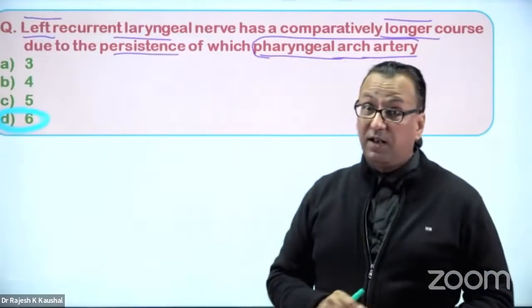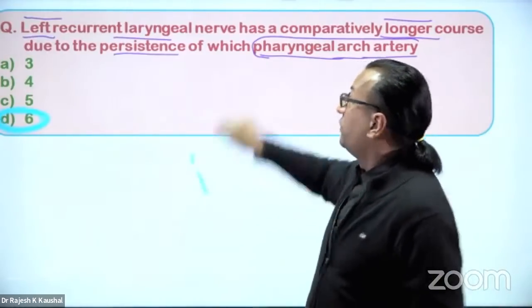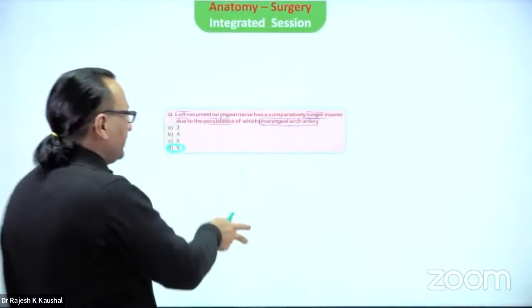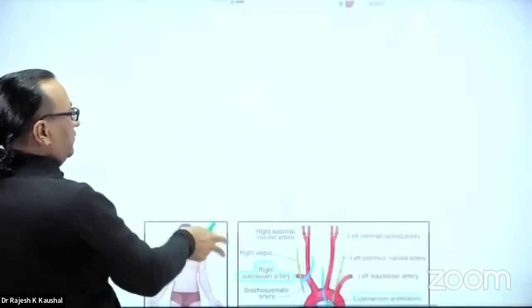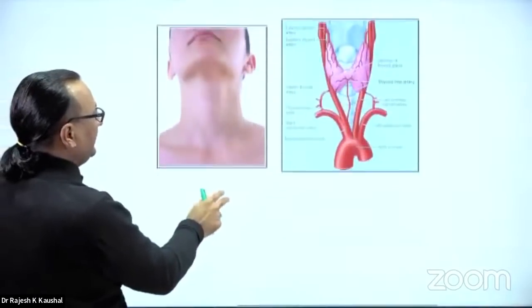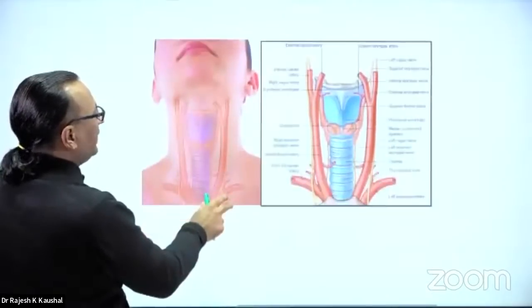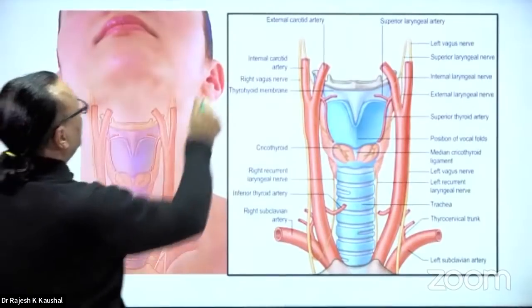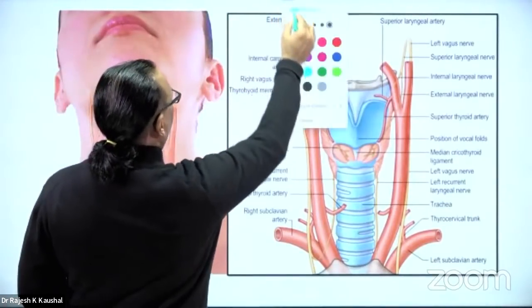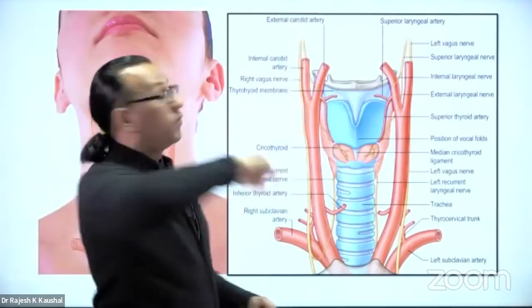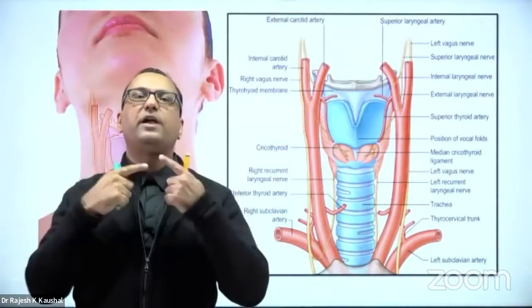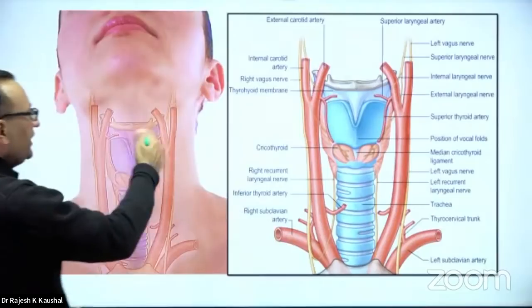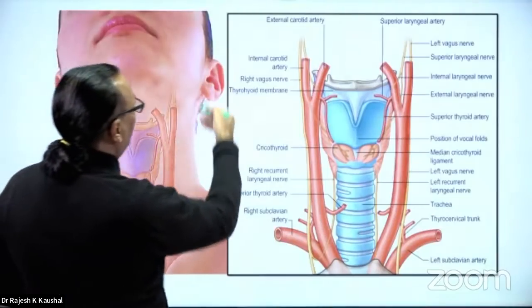Now, I will also move into one detail, which Dr. Pritesh is going to take care of. But here, one thing which I want you to understand is, when we are talking about these arteries and these nerves, the nerve of the fourth arch, which is a branch of the vagus, the superior laryngeal nerve, and the nerve of the sixth arch, the recurrent laryngeal nerve, their relation with the arteries is, like you can see here,